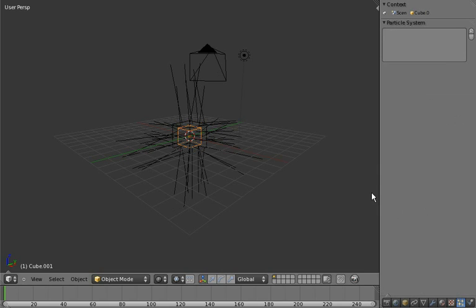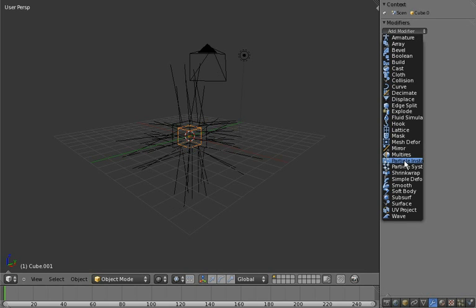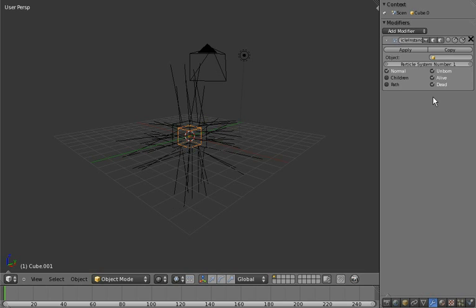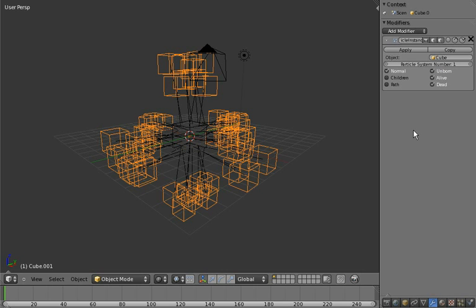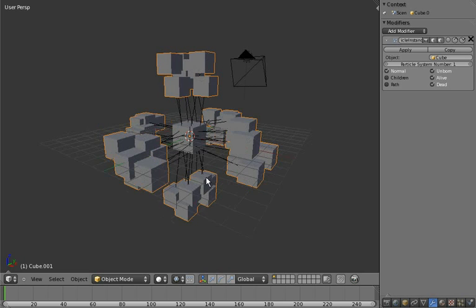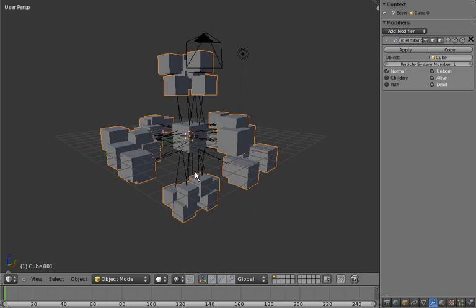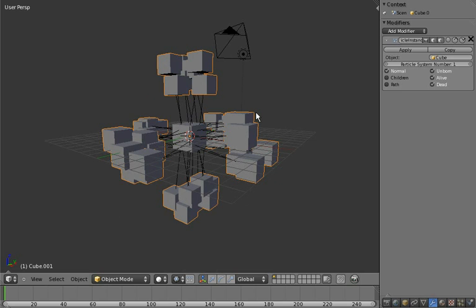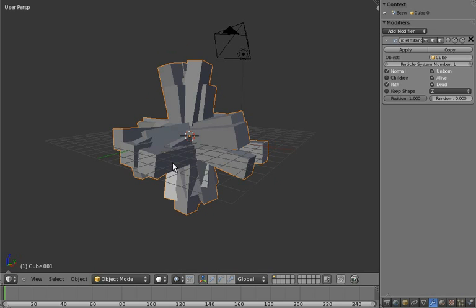Okay, then let's add the particle instance modifier to the duplicated cube and set it to use the mesh with the particle hair. So, as we can see, there are now many instances of the original cube, and like always there has been the option to use the path